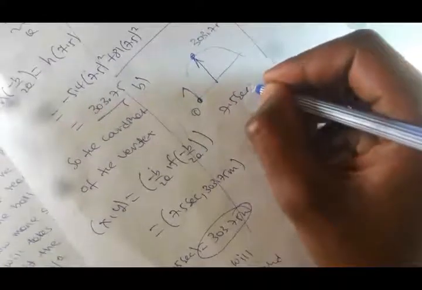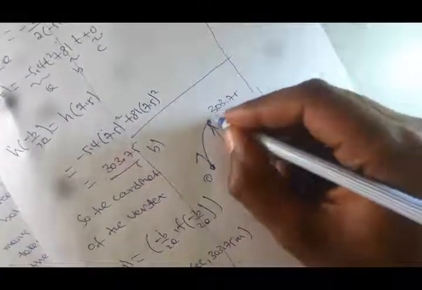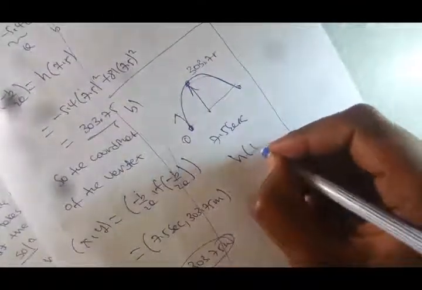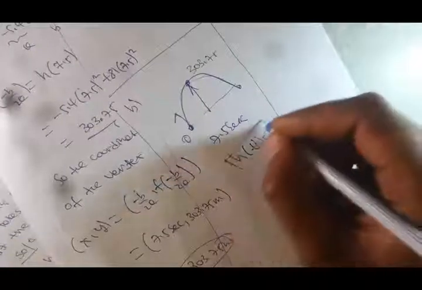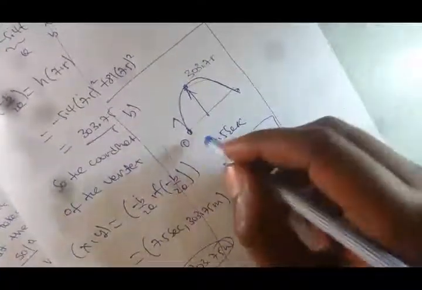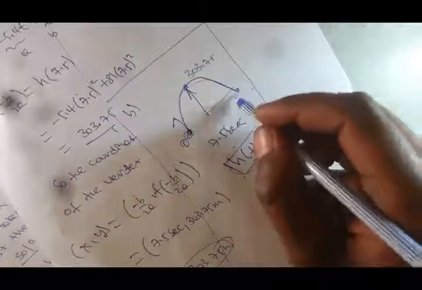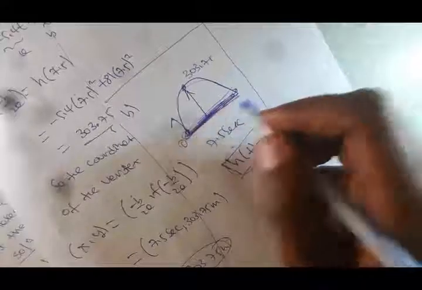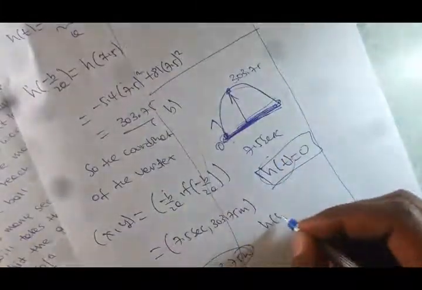7.5 seconds, and the ball will reach the ground, meaning after it was heated it will reach the ground. That means h of t will be 0. If it reaches the ground, the height will be 0 because the difference between initial and final height is 0, because it was reaching our reference point and the height becomes 0. Therefore our equation h of t is given by